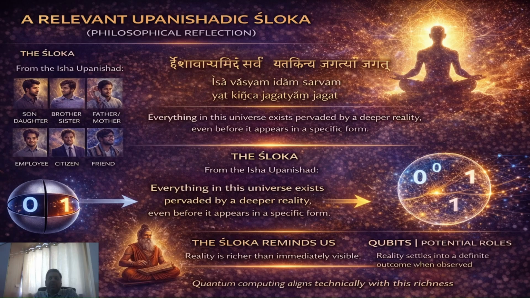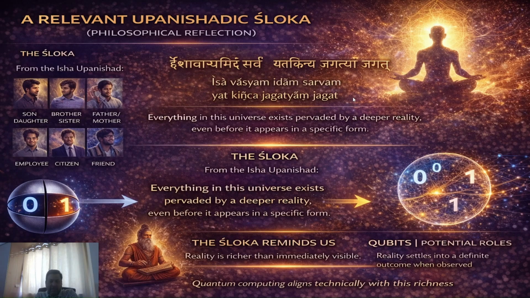So now let us remember, science and philosophy can go together, right? They are not different worlds. They can go together when rightly understood. Try to understand in different ways, right? But the truth is the same. This is what it is. Now transition back to the technology. So slowly, bits have fixed roles. Qubits are potential roles.